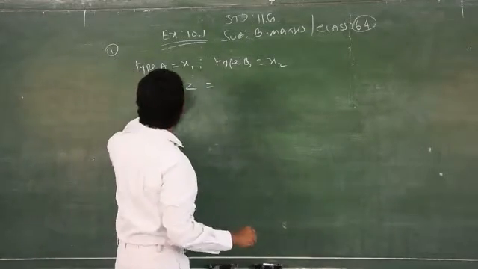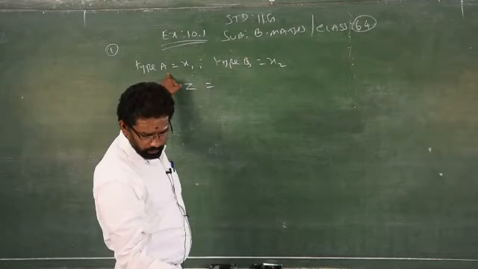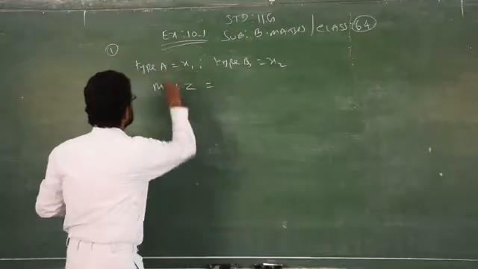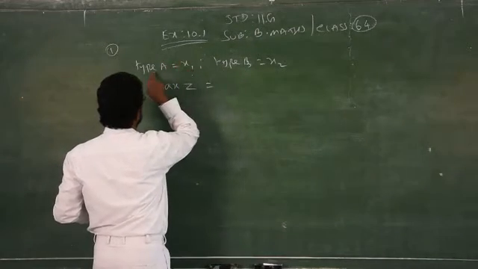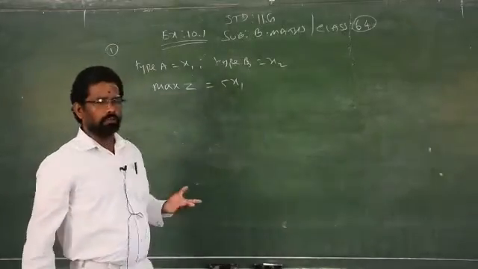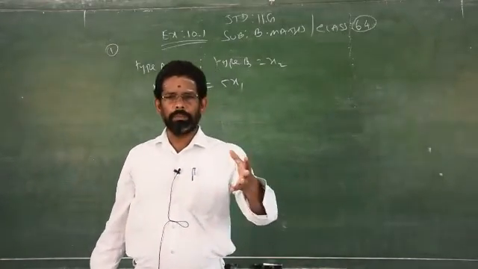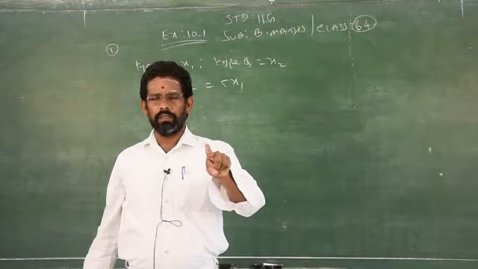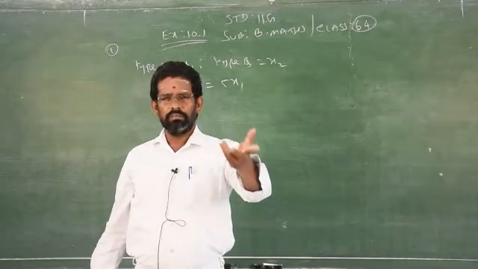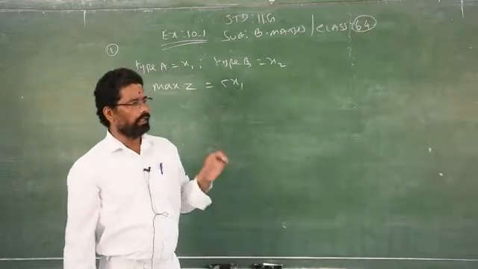What is the profit for type A? It is given very clearly. 5 rupees for pen A, which means I don't know the number of pens produced by the company under type A, that is X1, for 5X1. So how to find out the profit? If I am selling 10 pens, each pen gives a profit of 5 rupees, then 10 into 5 is how much? 50. You are multiplying the number of pens by the profit.